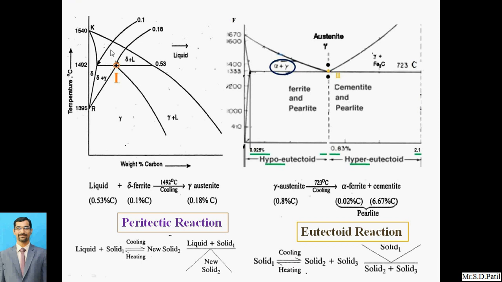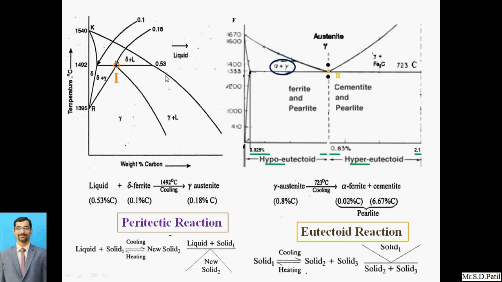Hypoperitectic in the sense, we can draw this particular line, and left of this line we are going to get the hypoperitectic, and right of this line we are going to get the hyperperitectic. So in the hypoperitectic we can say delta plus liquid, we will get delta plus gamma,